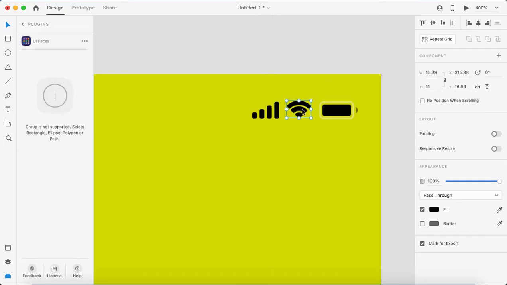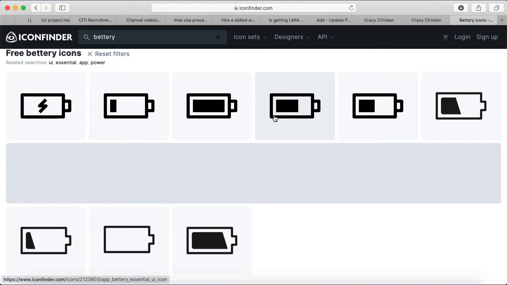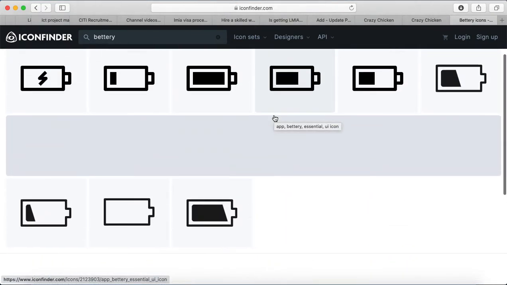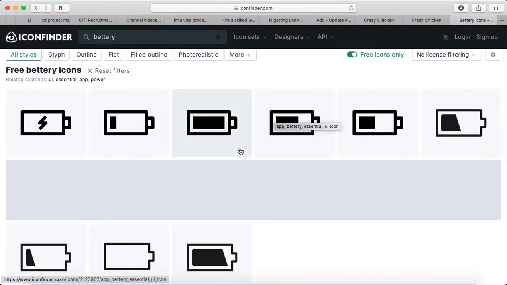Okay, perfect. Now we want to find the battery and the network. Now see, in the battery we only have this much option, so it's fine. We don't need to make it exactly 100%.